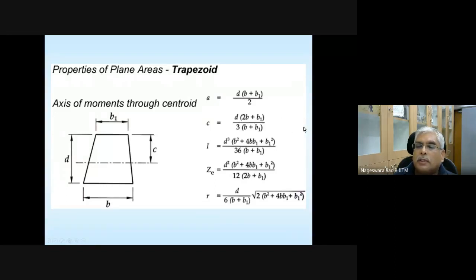Ignoring the compressive force contribution from the web region, at what location will the resultant compressive force be? The small d shown in this figure corresponds to capital DF, the depth of the flange. So it is DF divided by 3 multiplied by 2 times B plus...